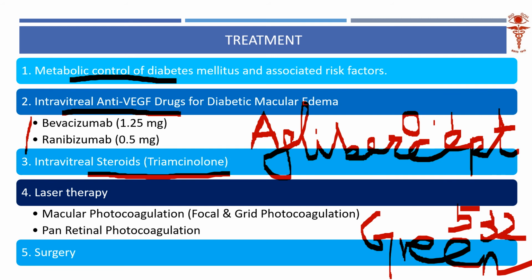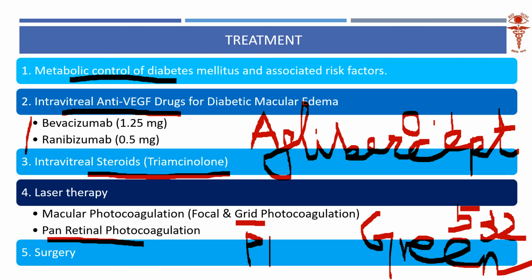Even if you don't know the details of that, if you remember 532 nanometer and green color, it is very enough. You can say that this is the laser which is used for photocoagulation. They'll ask you what photocoagulation methods you are going to follow. You will say, if I have a macular damage, then I will use a grid laser photocoagulation. If you have a severe retinopathy, I will use PRP, pan-retinal photocoagulation.